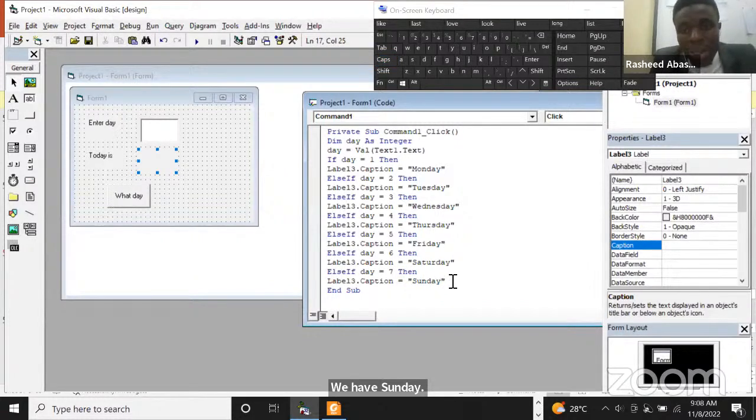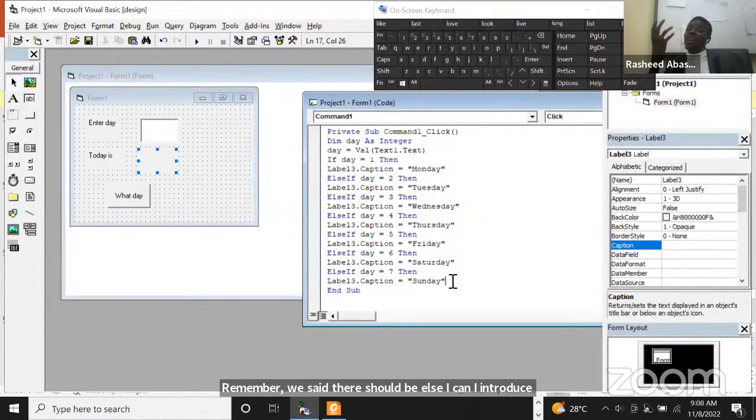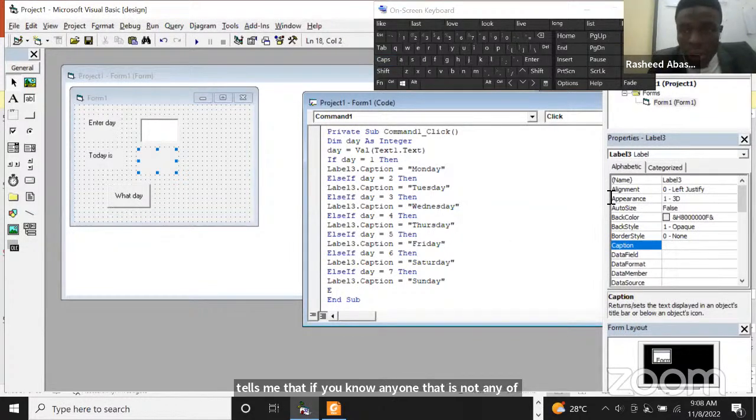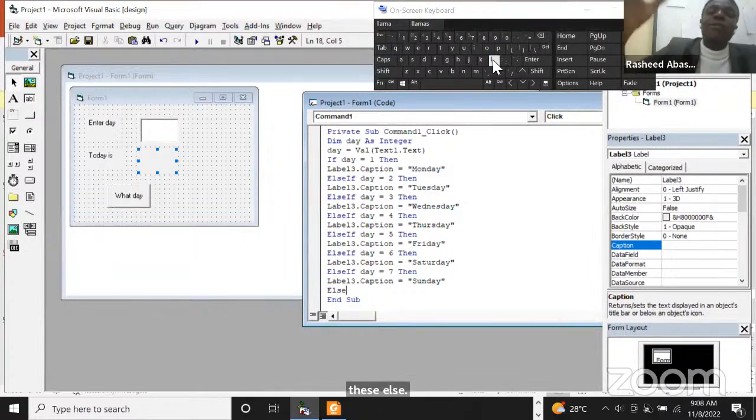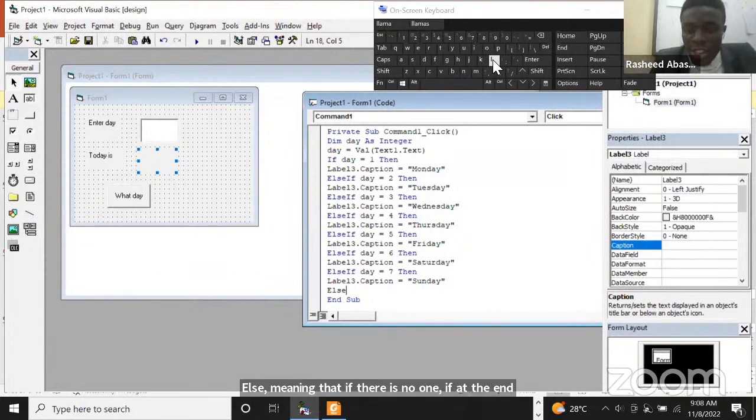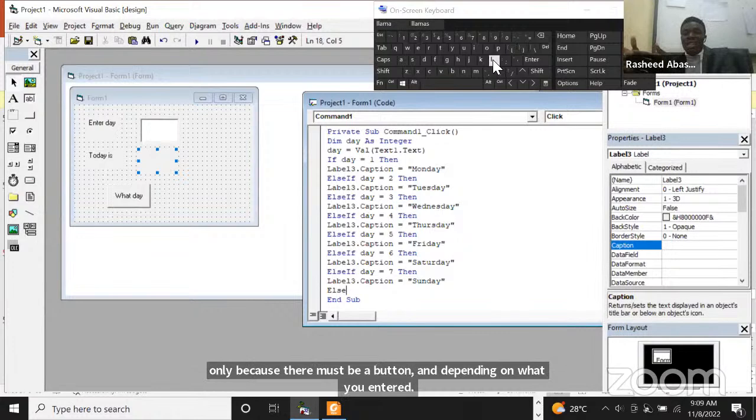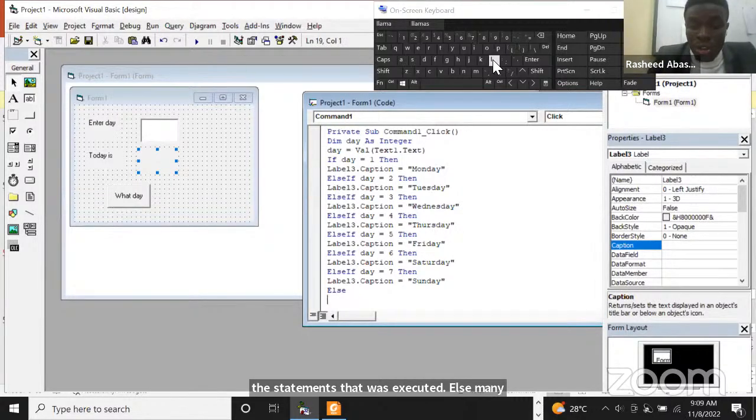Sunday. Remember, we said there should be else. I can now introduce else, meaning that if you enter a value that is not any of these, else, meaning that if you didn't enter 1, 2, 3, 4, 5, 6 or 7, else meaning if it is none of this, because there must be a value, and depending on what you entered, that will determine the statements that will be executed. Else meaning that if all this have not been done,